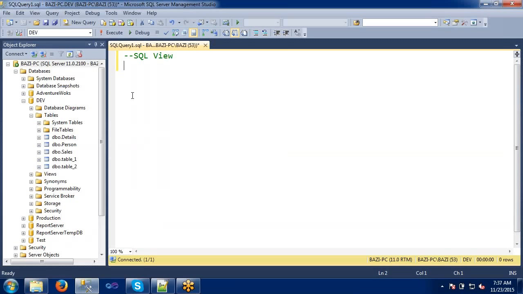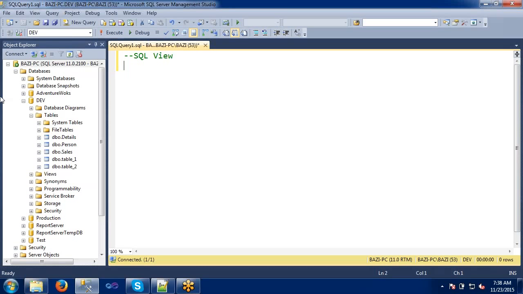Okay, what exactly is this SQL view and how will it be helpful for the SQL developer? SQL view is nothing but one virtual table, creating one layer on the table. Actually, we don't have any data in the views. Whenever we execute these queries, they connect to the respective tables, retrieve the data, and display it to us. So this is how it is virtually created on top of the tables.